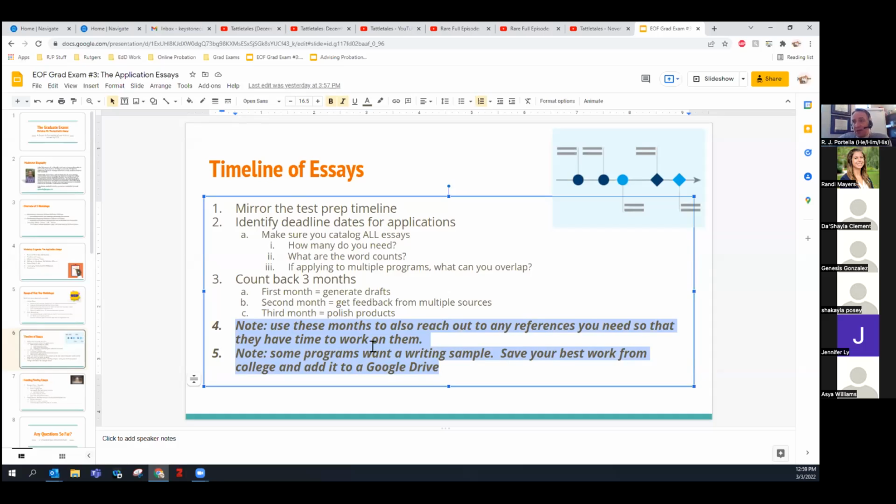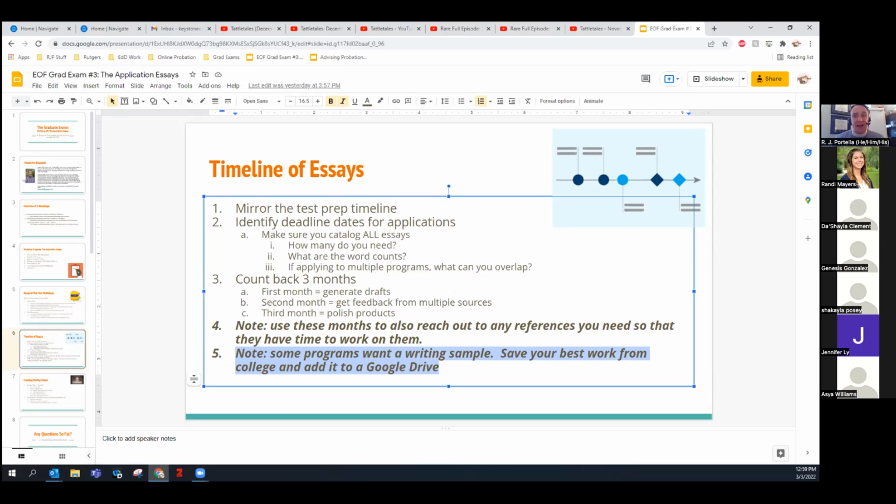Now, also keep in mind, look at number 5. There are some programs, depending on where you're applying, that will want a writing sample. So as you go through school in your undergraduate degree, start thinking about what is your best work from college. Was there a research paper that you did really, really well on that had a lot of references in it? And it was maybe over 5 pages. You don't want to submit maybe a 1 to 2 page sample unless that's okay with them. If they just want a 1 to 2 page sample, fine.